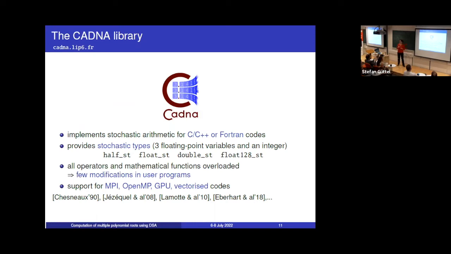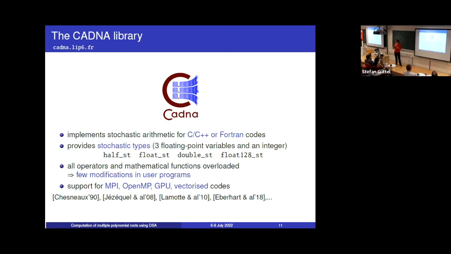These types exist in half, single, double, and quad precision. And all operators and mathematical functions in this library are overloaded. So actually the library requires only a few modifications in user programs. So mainly you have to change the type declarations. And it can be used in parallel programs that rely on MPI, OpenMP, also on GPU codes written in CUDA